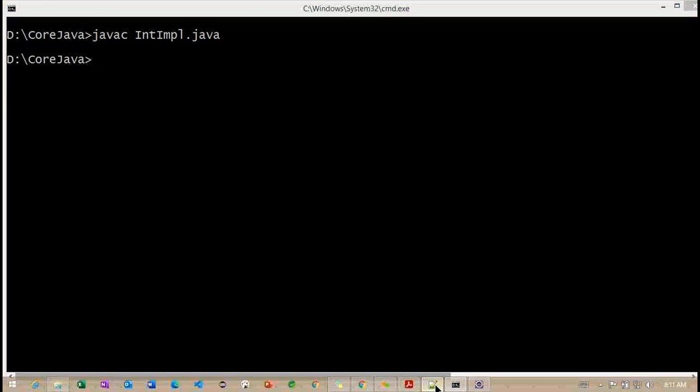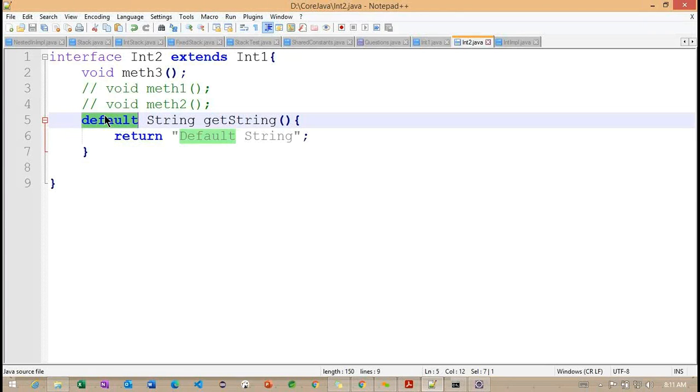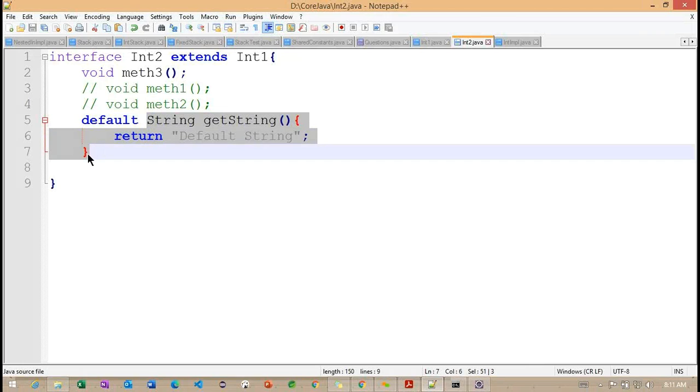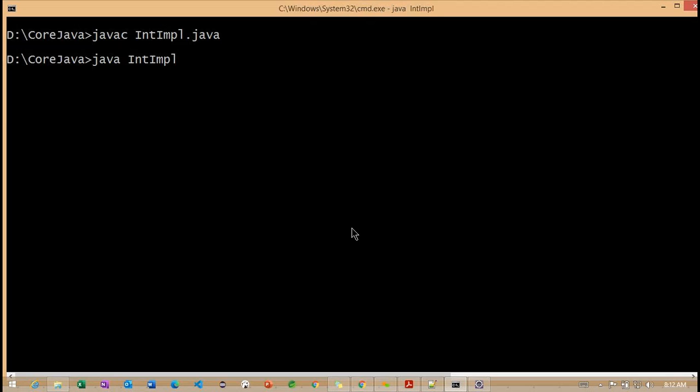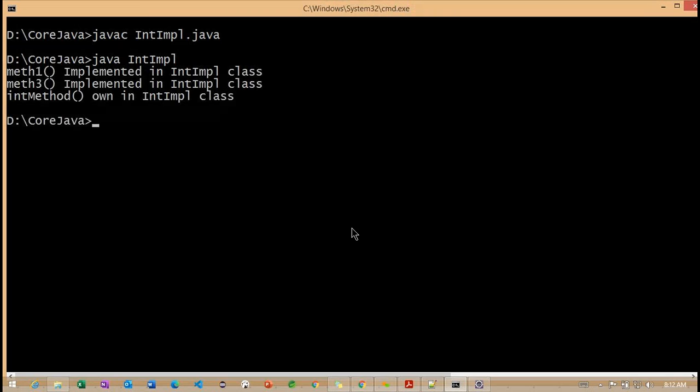What you understand here is that with the help of this keyword called default, we can create a default implementation method. Now let me run this particular example. We are not calling the method here.